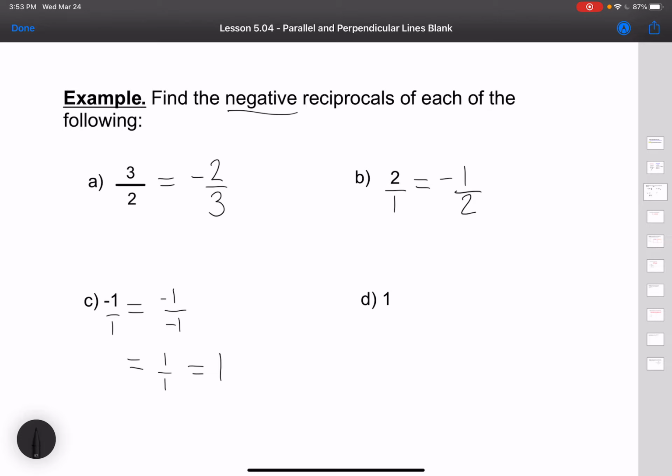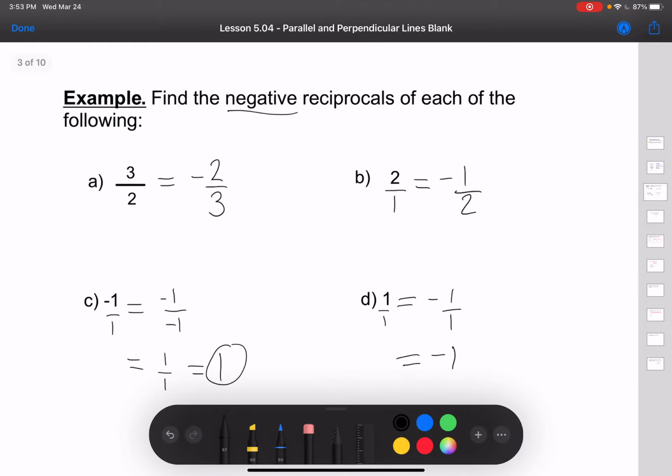What you'll see here, we found that the negative reciprocal of -1 is 1. And here we're asking about the negative reciprocal of 1. Let's just calculate this out. Take the reciprocal and take the negative. You'll see it's -1/1, but it's just -1. So in fact,